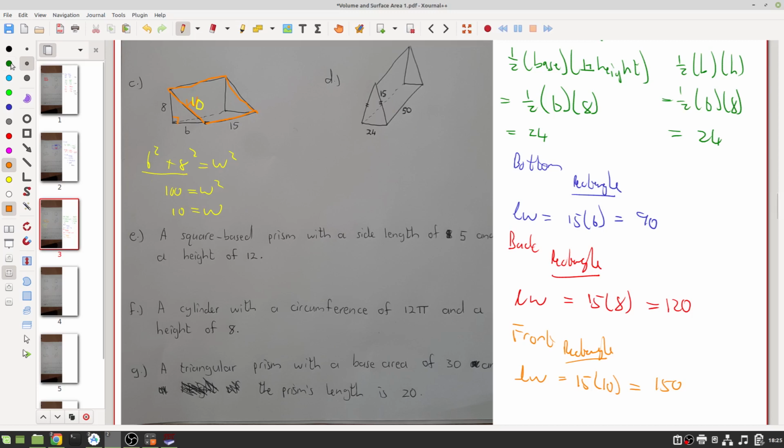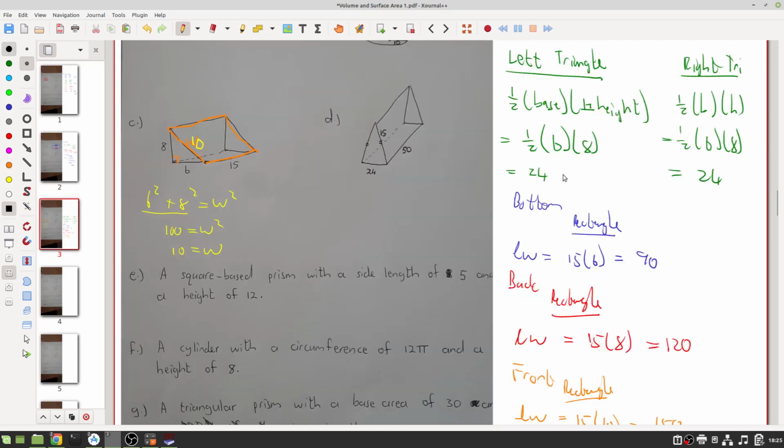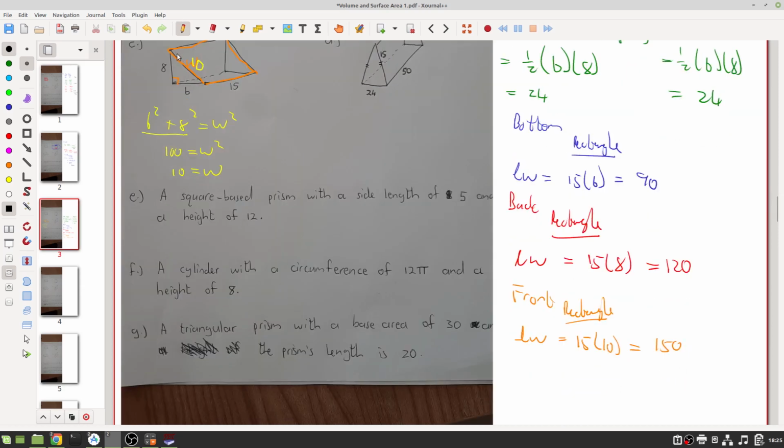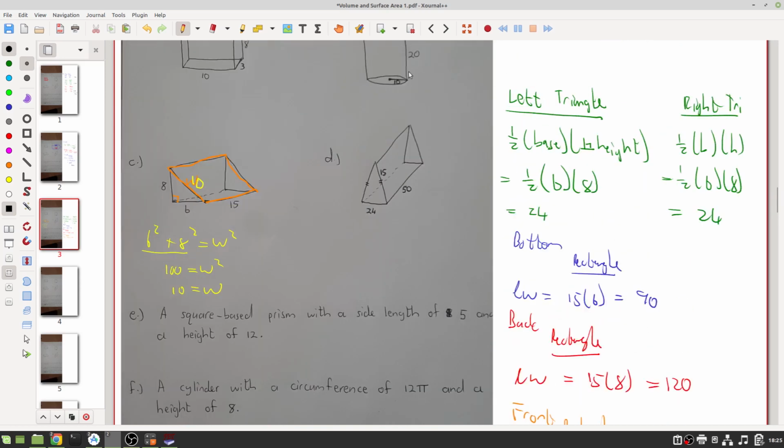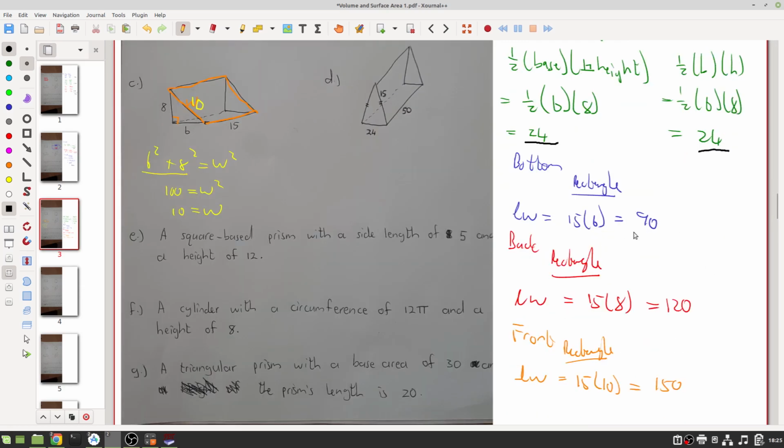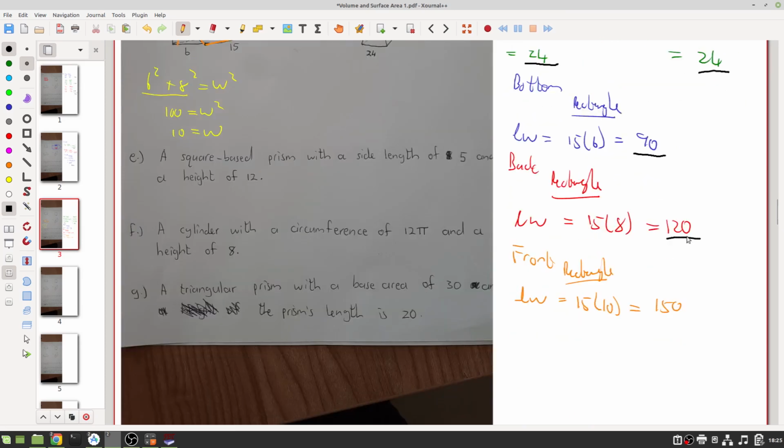And now we have all the individual areas of every part. The left and the right triangle we did in green. The bottom rectangle, the 6 times 15. The back rectangle, the 8 times 15. And we've got the front rectangle, the 10 times 15. Now we just have to add all of them up. 24 plus 24 is 48, plus 90 is 138, plus 120 is 258, plus 150 is